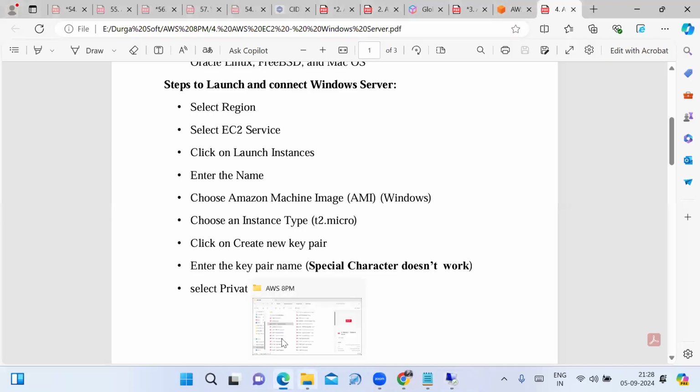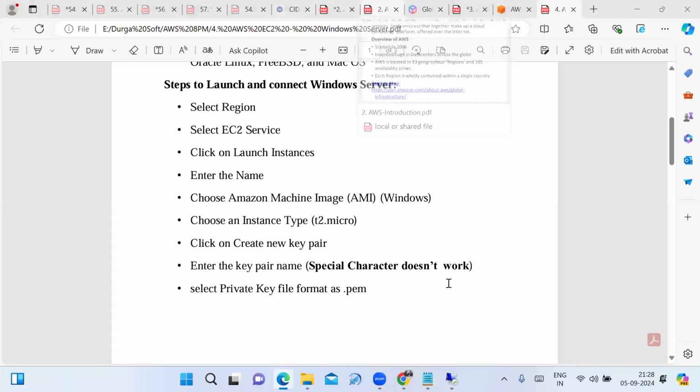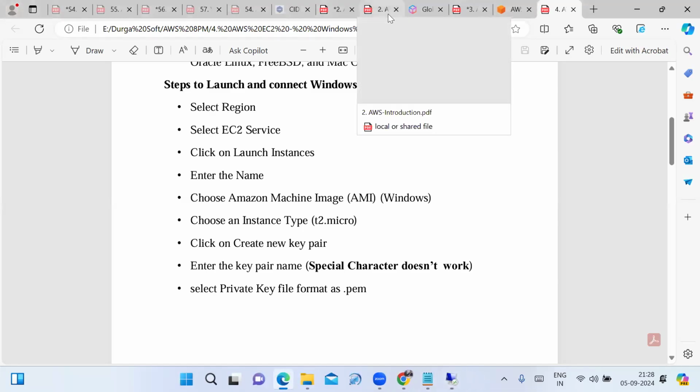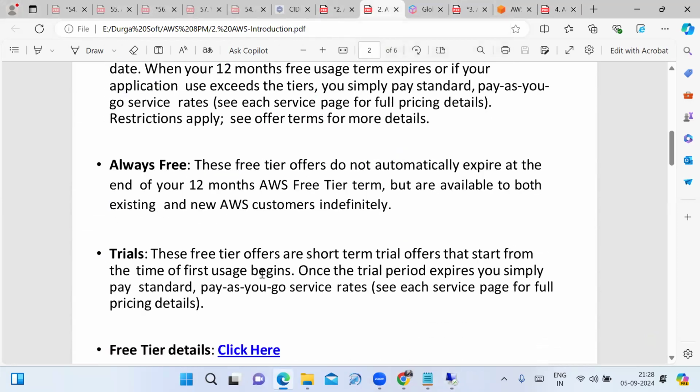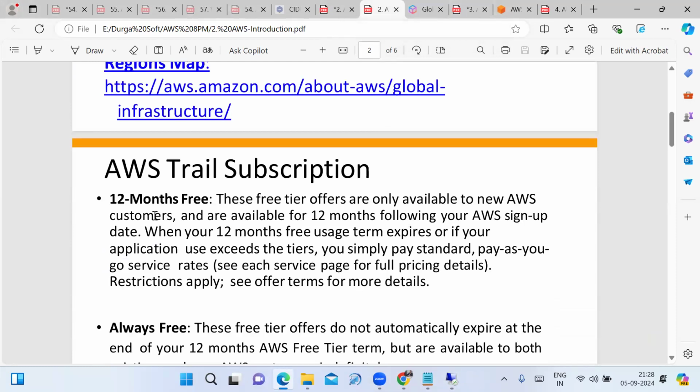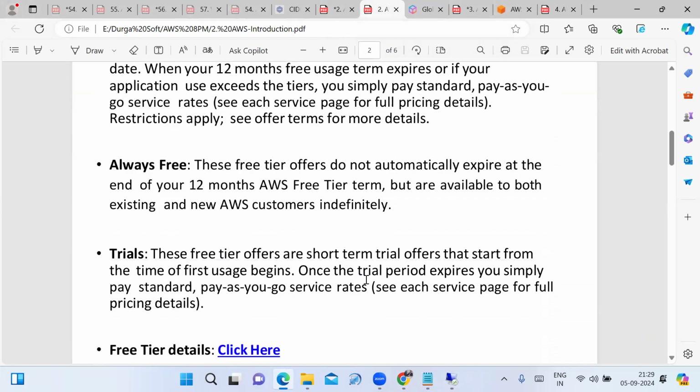Friends, I already said what steps we have to follow for creating your AWS free tier account. I'm not yet telling you what the AWS free tier account limitations are. Just wait, it is connecting from the Mumbai region data center. Meanwhile, I will explore what the AWS free tier account limitations are. I already told you that it provides 12 months of free service.